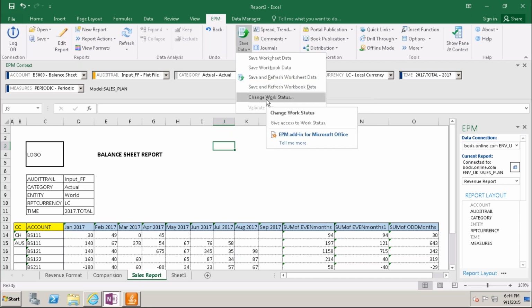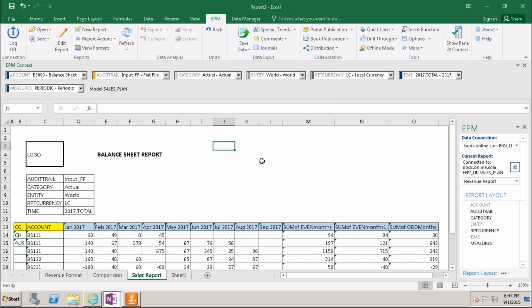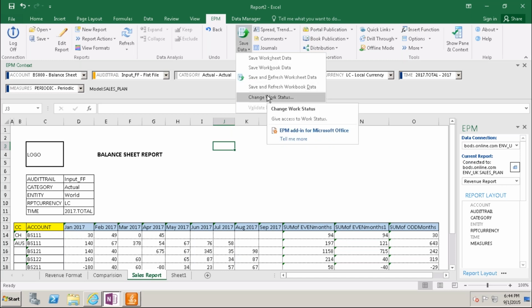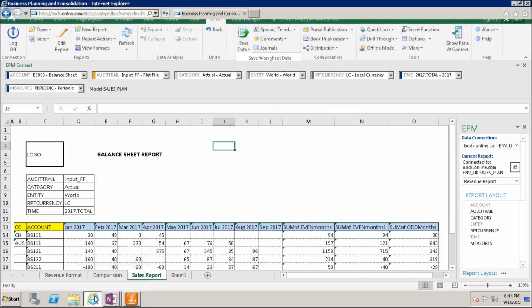This is change work status. So this option work status, I need to explain that work status. At that moment I will come and explain you about this one work status. We need to configure some work status settings from the web client.